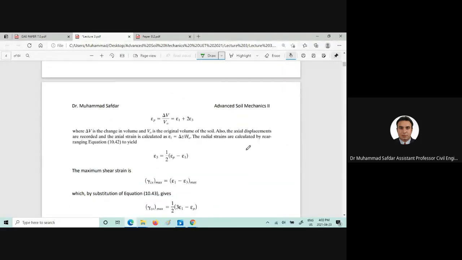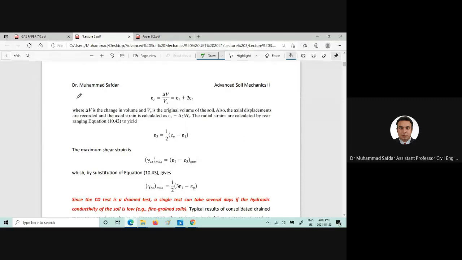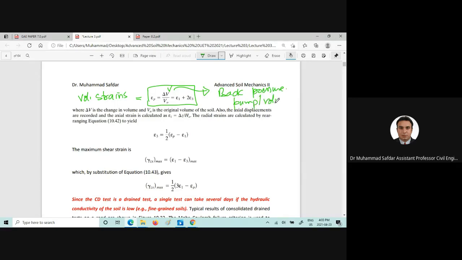Now, if we want to find out the volumetric strain, so we can find out with the change in volume, and that you can obtain from the back pressure pump or the volume controller. Okay,